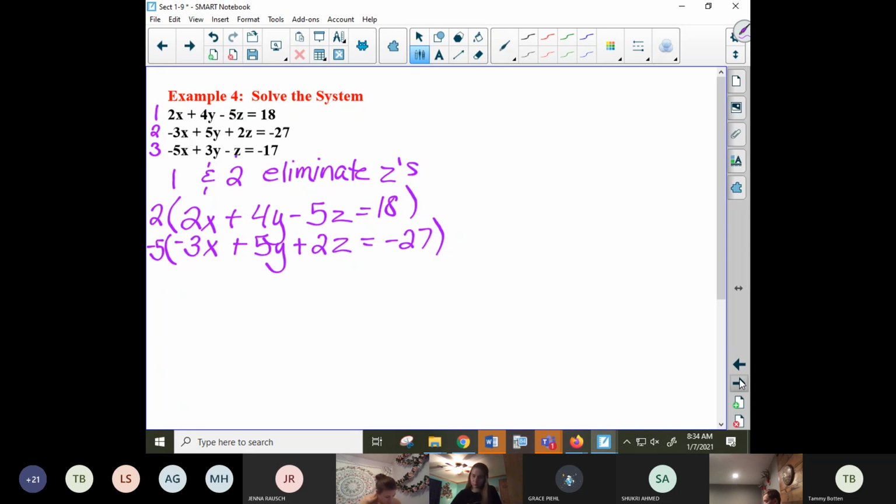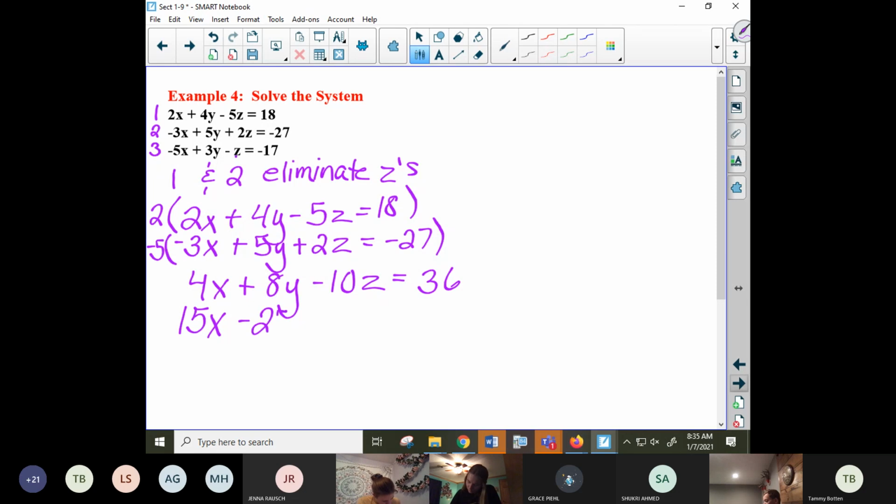Okay, 2 times 2x is 4x, 2 times 4y is 8y, 2 times negative 5z is negative 10z, and 2 times 18 is 36. Okay, negative 5 times negative 3x is 15x. Negative 5 times 5y is negative 25y. Negative 5 times 2z is negative, oh,